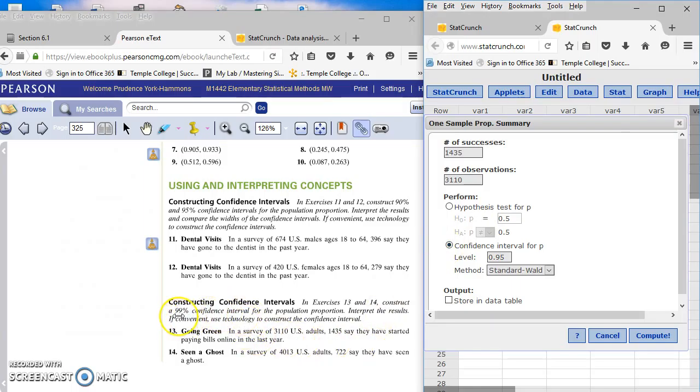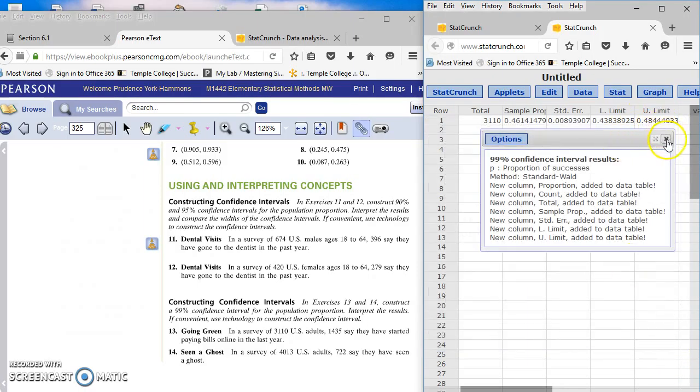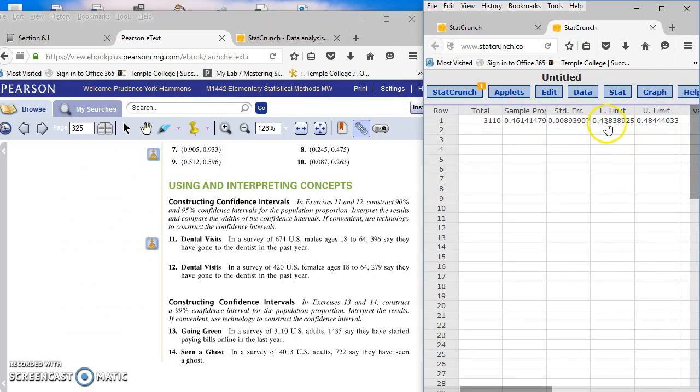Now, we want it to be a 99% confidence interval, so I'm going to change my level to 0.99, and I'm going to store the output in the data table. In this case, my lower limit is 0.438, and my upper limit is 0.484. Now, so as a proportion, I can be 99% confident that the true population proportion is between 0.438 and